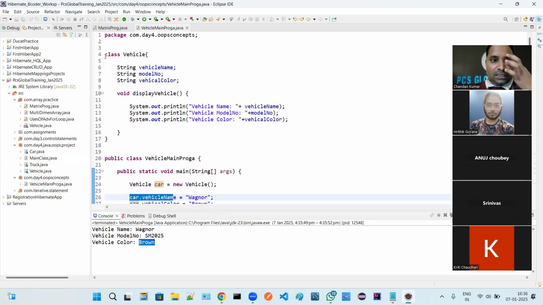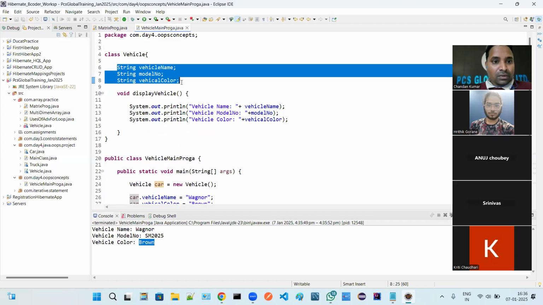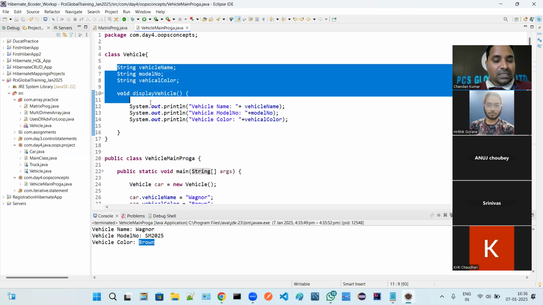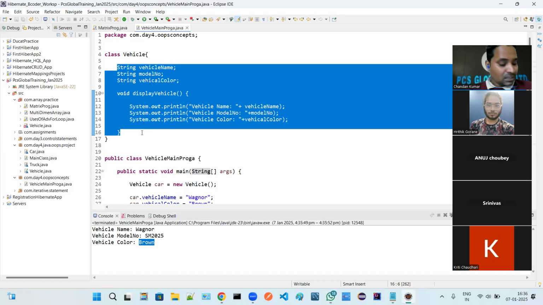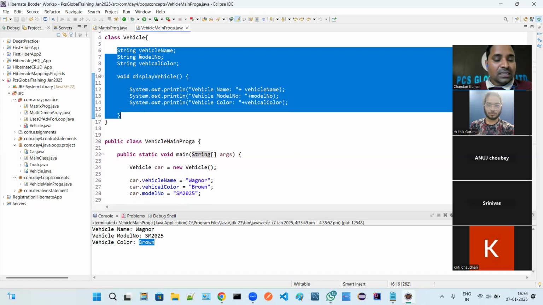So how are we creating a class? This way. What are those data members? These are the data members. What are the methods or behavior? This is the method or behavior of the class. If we have created the class data members and member function, then how are we going to initialize the values? This is one way to initialize the values.